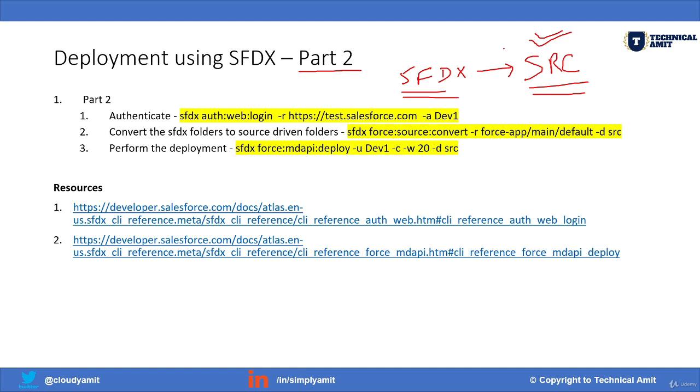So here, again, there are three steps. There is one extra step compared to the previous approach. We have already talked about the various commands, and there is one extra command that we will talk about here. The very first step is similar for both cases. We need to authenticate to the org where we want to perform the deployment or promote the deployment. Then, in the second step, we need to convert our force application, basically the SFDX application,